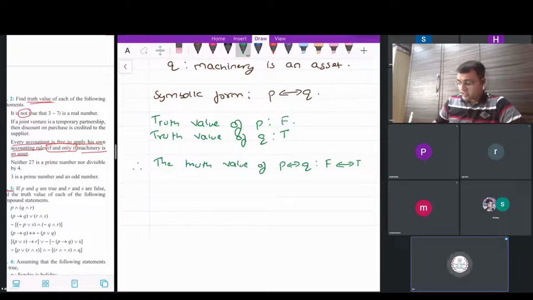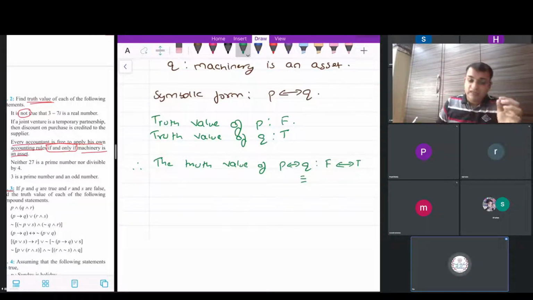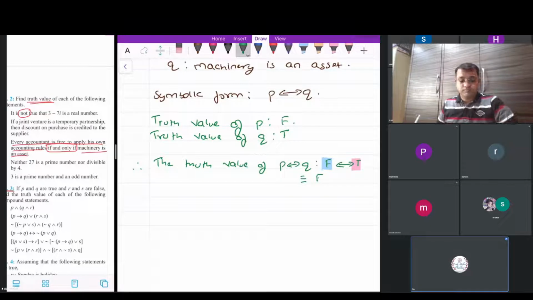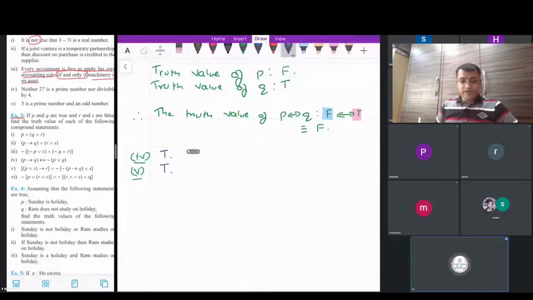So if you remember the condition for double implication, the condition was that both the statements must be having the same truth value, that is both T or both false. Only then the answer can be equal to true. If they are having the opposite truth values like it is happening over here, one of them is F and the other of them is T. So two different truth values are seen over here, therefore this has to be a false statement. So I will get over here the answer is false. So the truth values of the third and the fourth and the fifth, they both are true, as you guys have got it correctly.